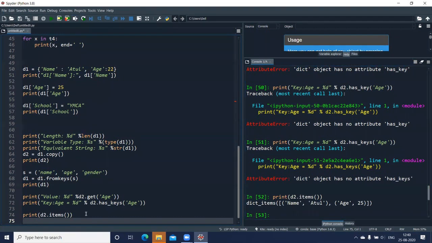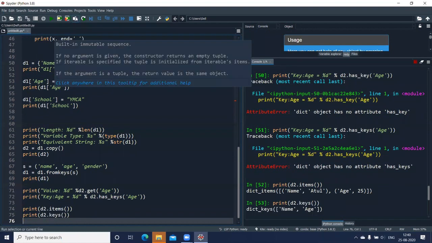Next, I can also display all the keys. I can use d2.keys and run this one. You can see the two keys, name and age, that are displayed here.